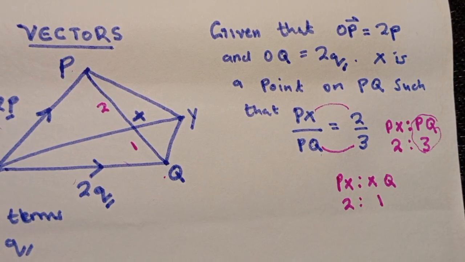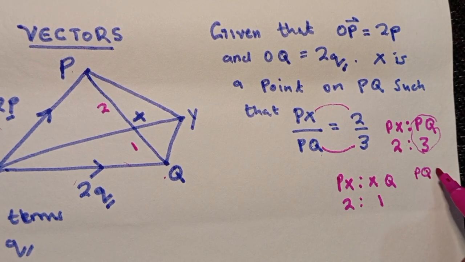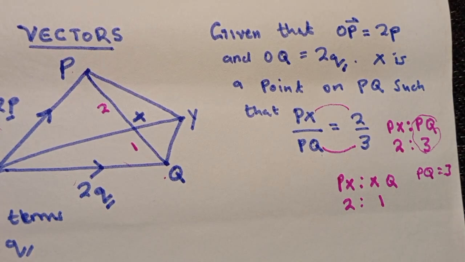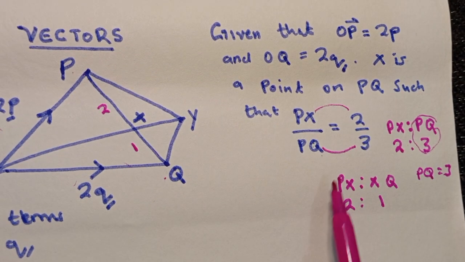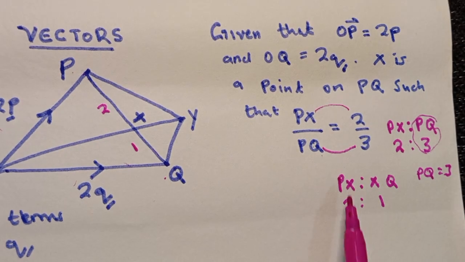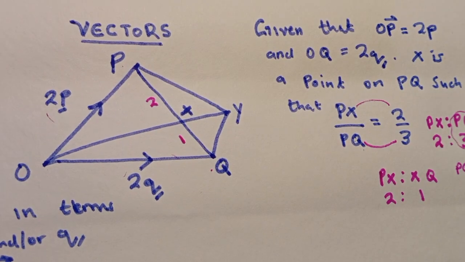This is because the total ratio PQ is 3. Others will simply give you this, but here we have to figure out the ratio for XQ, which is what we've written here. Now that we have the ratio figured out,